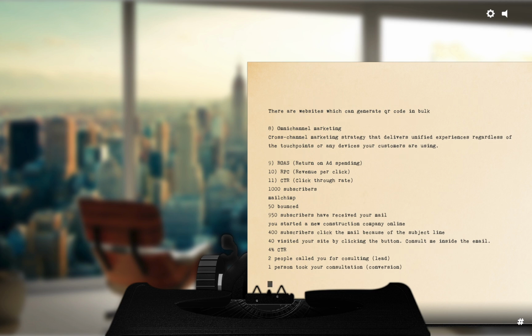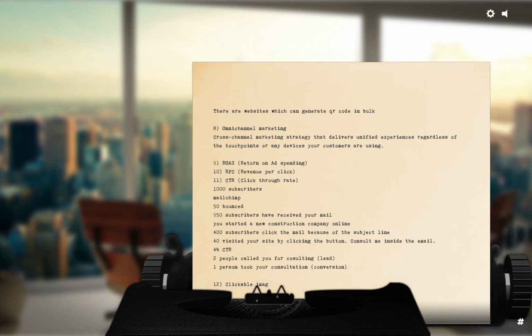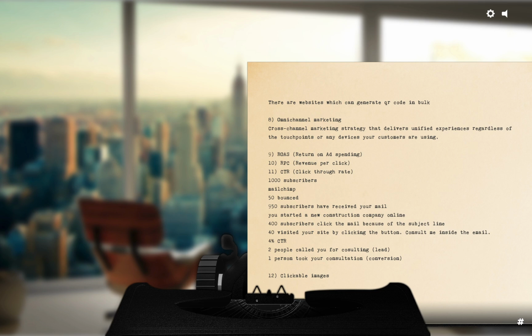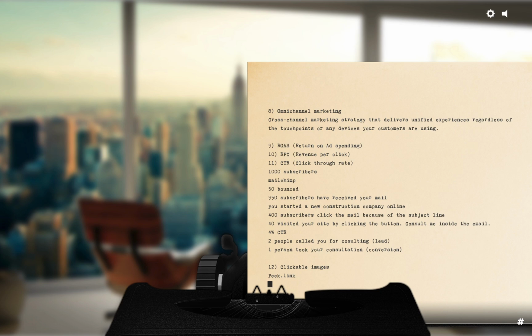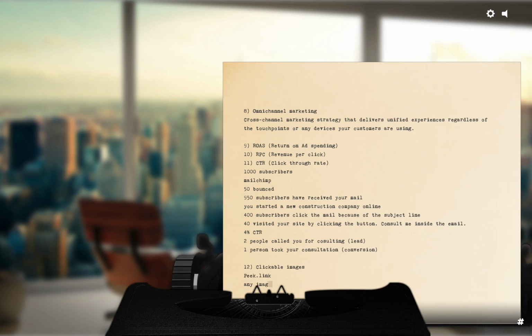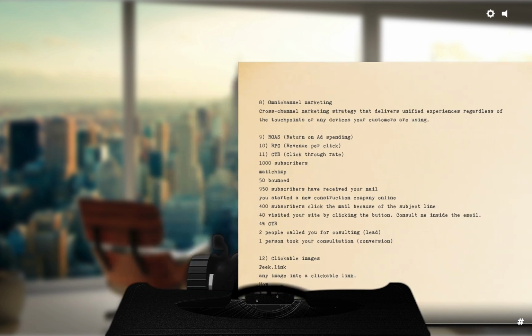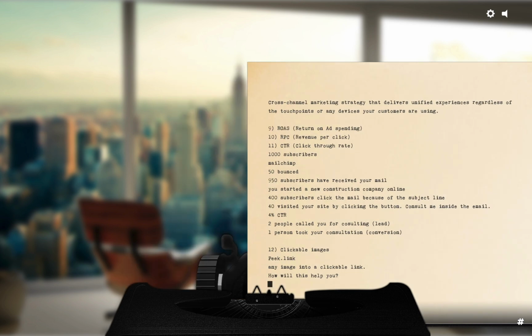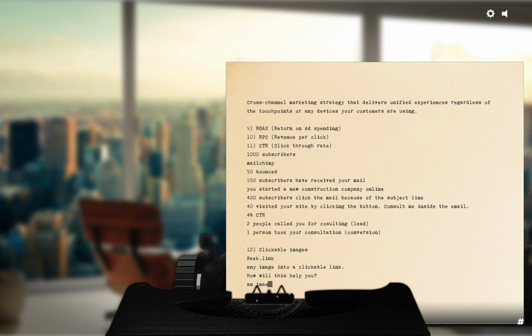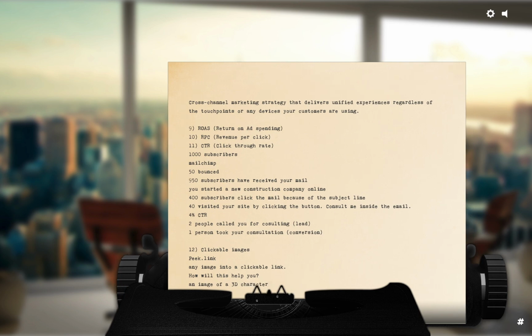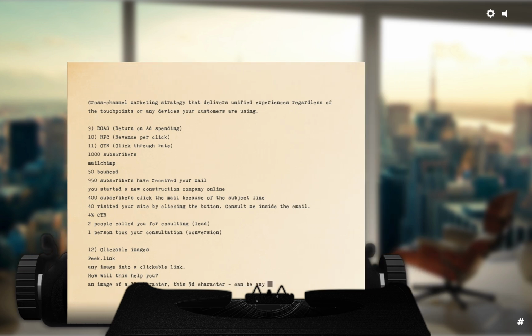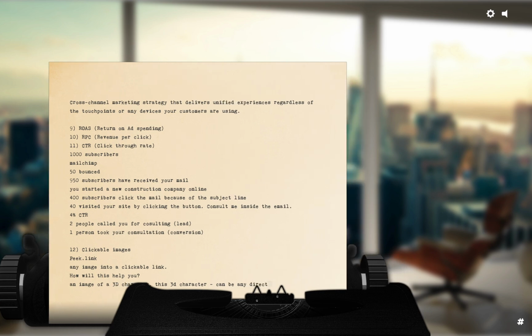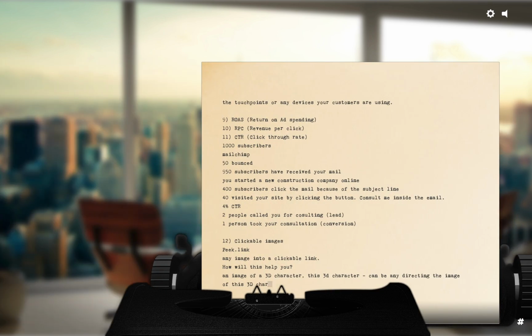Okay, guys, so we are moving on to something called clickable images. So what are these clickable images that I'm talking about? There are some amazing tools like Peak, Darling, and all this stuff, which can turn any image into a clickable link. Now, how will this help you? Let me tell you. Suppose you have an image of a 3D character. This 3D character can be anyone, any character, and you are directing the image of this 3D character to